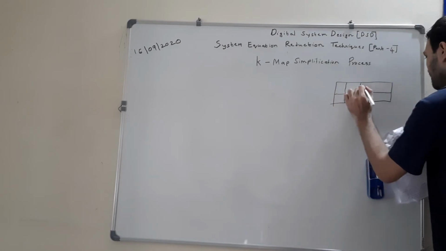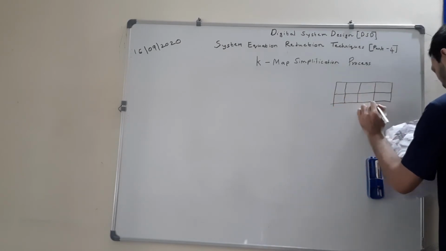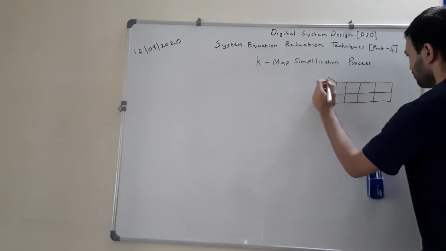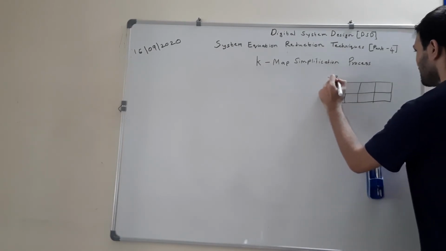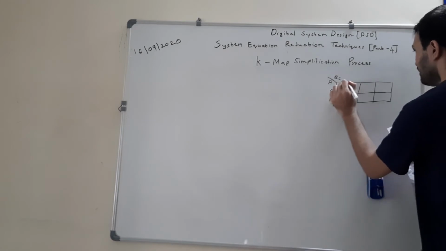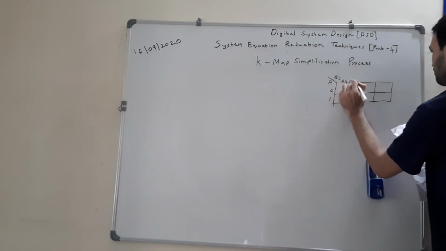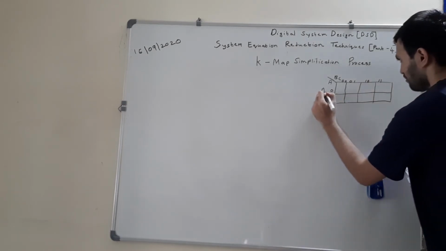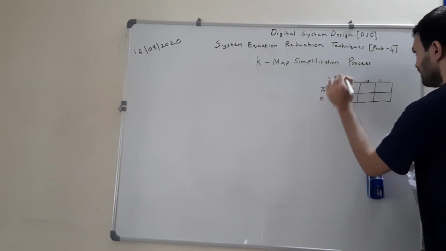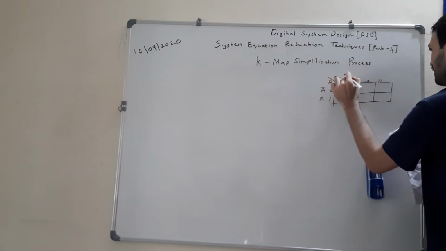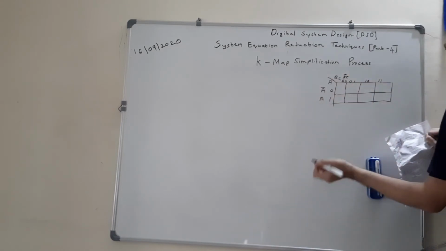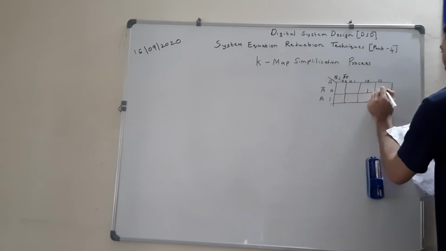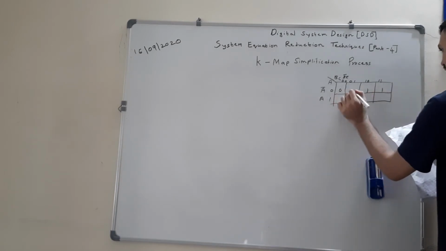So I am writing a 3 variable K-map in which I am going to demonstrate how a pair eliminates 1 variable. Now this is our K-map, ABC, 0 1. 0 0, 0 1, 1 0, 1 1. So by now you know this is A bar, this is A, this is B bar C bar, and so on, you know how to label. So let's say there are 2 ones present and in the rest of the K-map zeros are present.